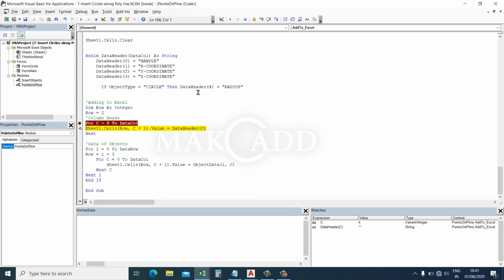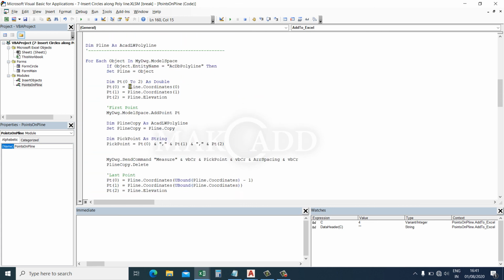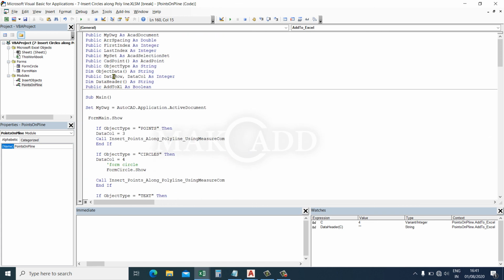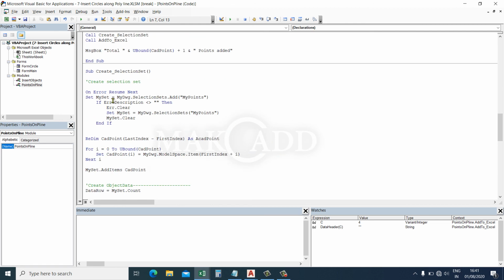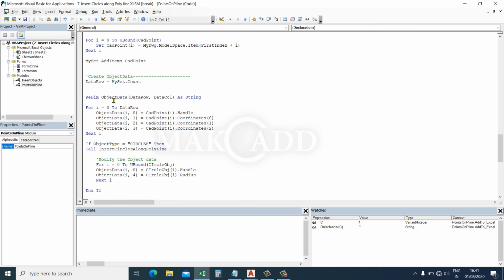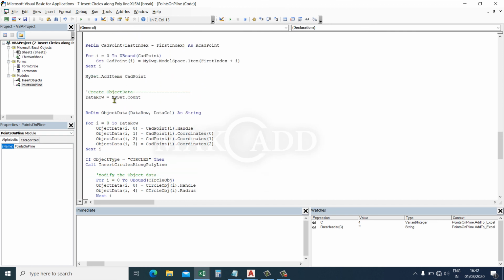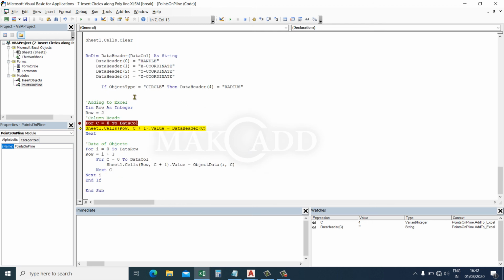Here we have some problem. So data for data header. It's okay, the variable spelling is correct. Object type variable. Object type is equal to circle.